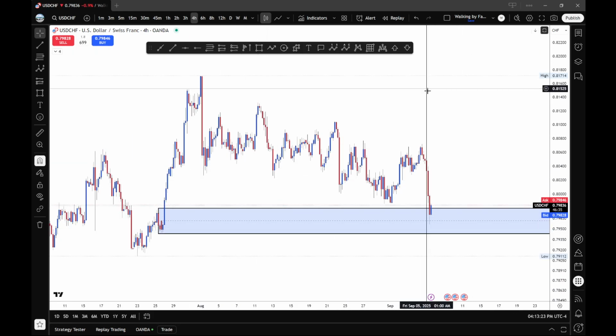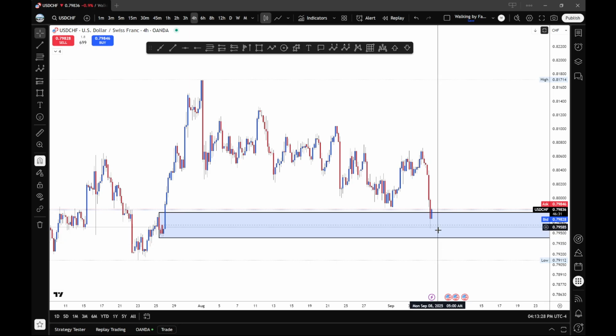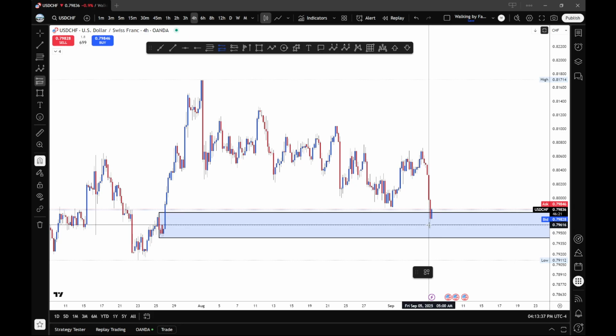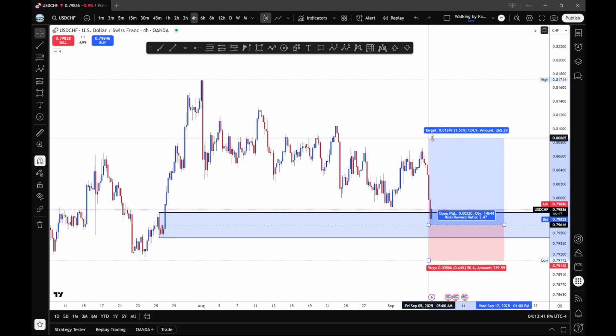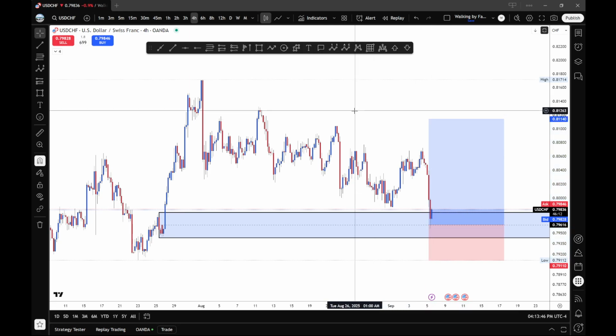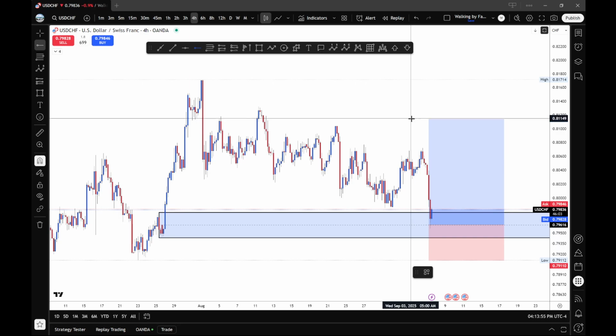So right now we have a buy on USD CHF by using this drop base rally. You can see it clearly right here. So let's say if we go with our below the low, our 3 to 1, we are looking for price to come back up into this range for our target, which makes a lot of sense, because if you look left,